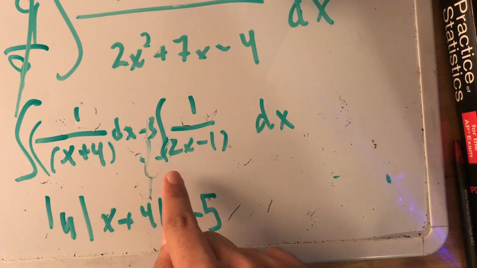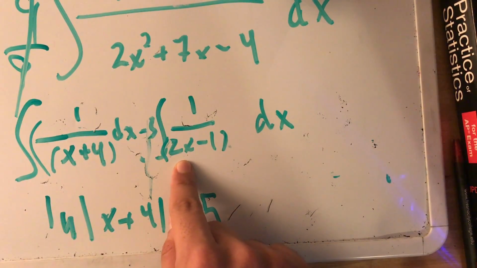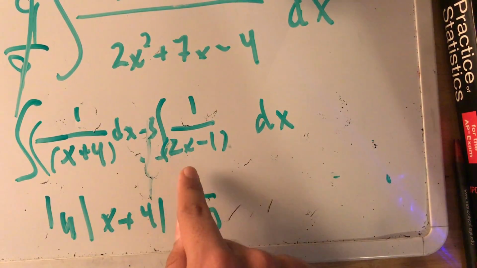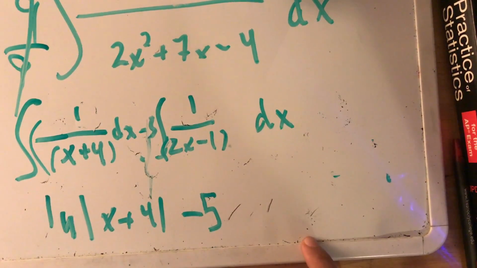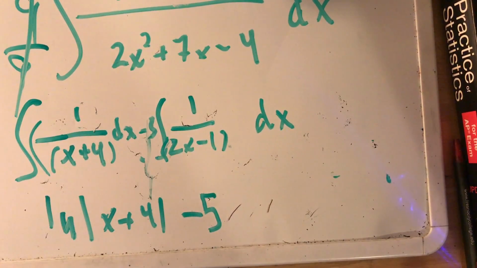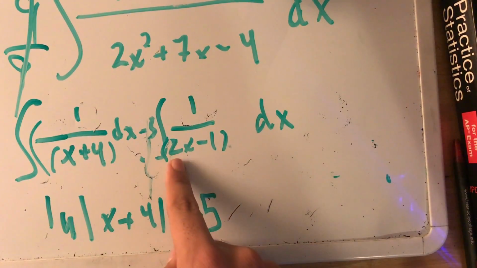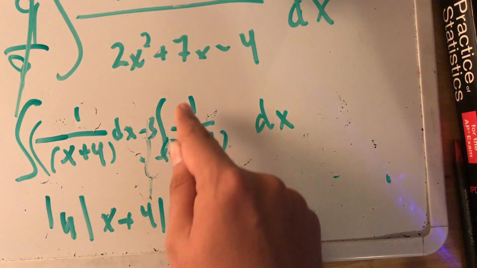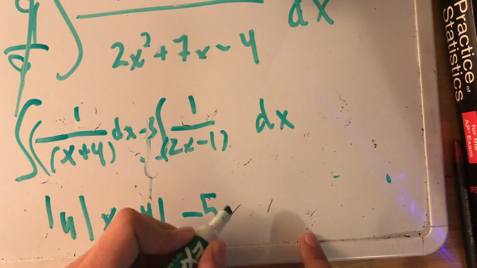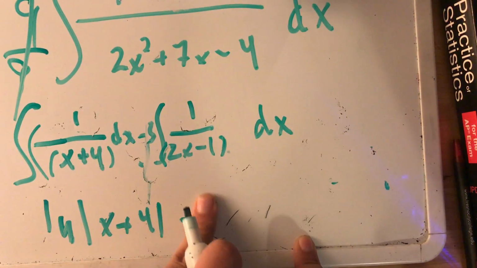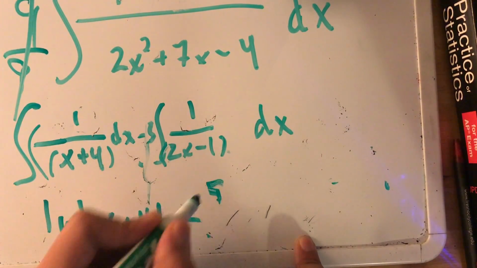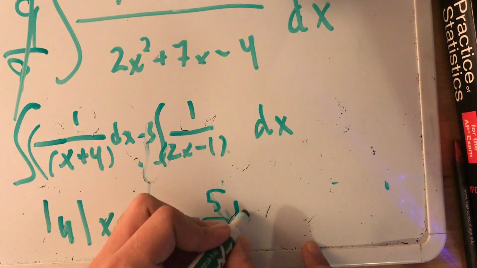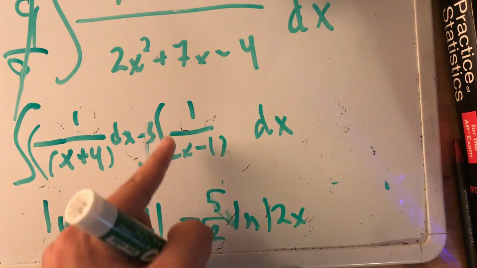And believe it or not, what this is going to lead us to is we make this 1/2. So you take the reciprocal of the coefficient of the x, and you would solve that ultimately by use substitution. But instead of doing use substitution and all that work, you just say this, we're going to move it outside and make it a reciprocal because it's on the bottom of the fraction. So what we'll do is a quick trick is just have any number that's on top divided by the coefficient of x. So we have 5 over 2 natural log of the absolute value of whatever's down here, including the coefficient,